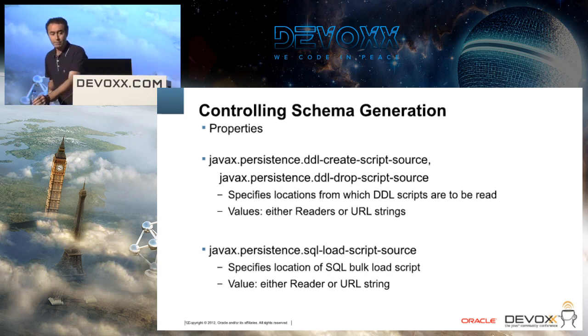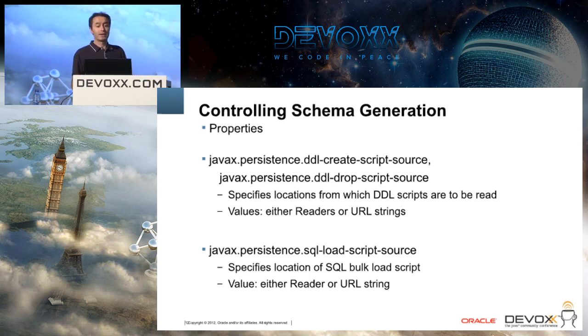Now, there's some more properties here for these scripts. So let's say you want to provide some scripts to create or drop tables. Rather than having the JPA provider figure out what to do, you say, here's a SQL script. Please run this when you create any entity manager factory to initialize the database. We have the create script, the drop script, and again we have this choice of either passing a reader or